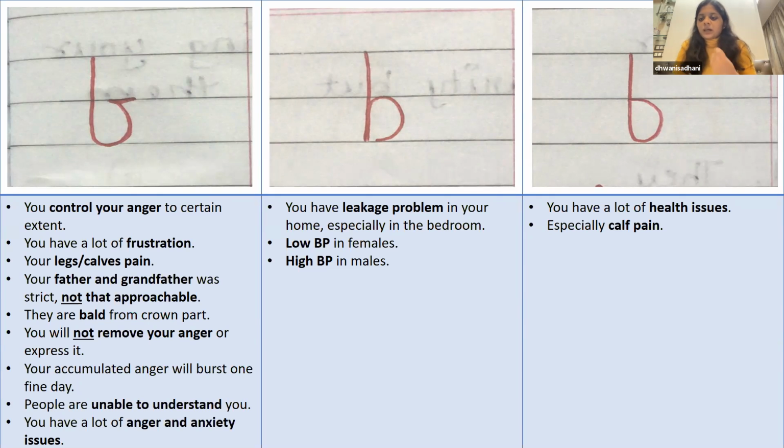Now it could be your mother, your dadi, your grandmother, your sister. One of them could have low BP. And your father, your brother, your grandfather, one of them would always have a high BP if you have this kind of B. And you yourself also have to take care. If you're a boy, then take care that you don't get high BP. And if you're a girl, then take care you don't have low BP if you have this kind of B. And you should definitely change this kind of B.